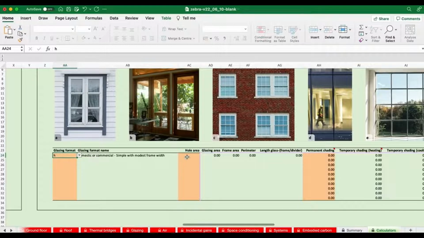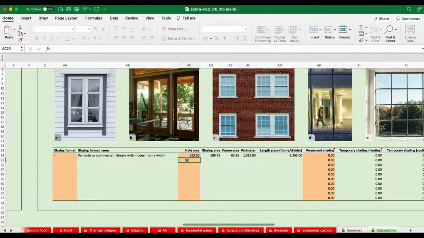Okay. We then say the size of the holes, and we've added up, because we're talking about window sets here, all the hole areas. On each elevation, we end up with 253 meters squared of hole.